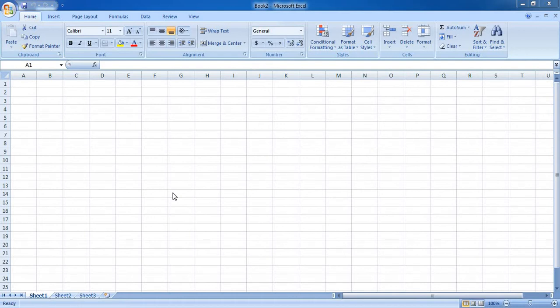By default, when you create your MS Excel file or workbook, there will be three worksheets. Let me show you. Bottom left corner of your screen, as you can see, we have a reference of worksheets here. We have sheet 1, sheet 2, and sheet 3. These are the three default worksheets available to us. We can create any number of worksheets in a single workbook.